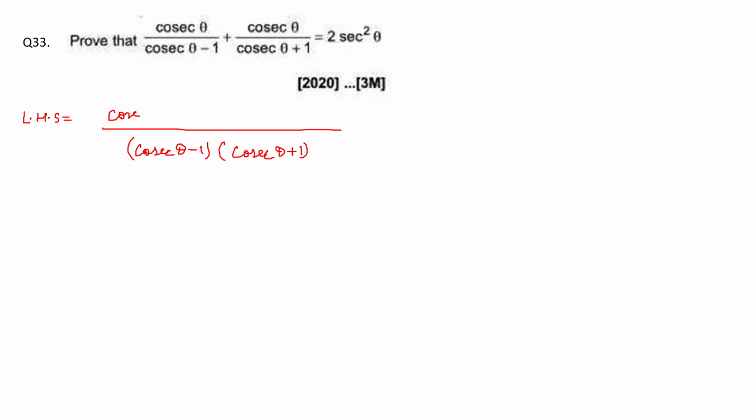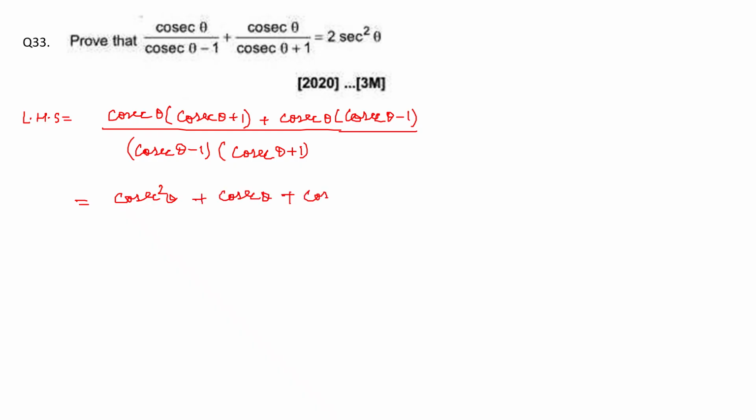So the numerator will be cosec theta into cosec theta plus 1 plus cosec theta into cosec theta minus 1. So equal to cosec square theta plus cosec theta plus cosec square theta minus cosec theta, divided by